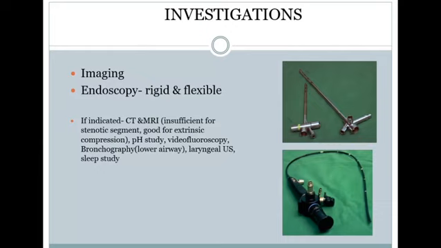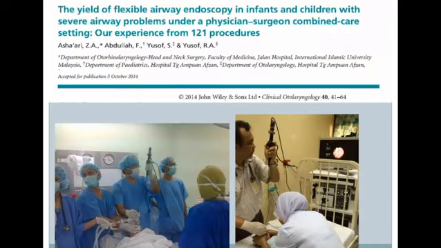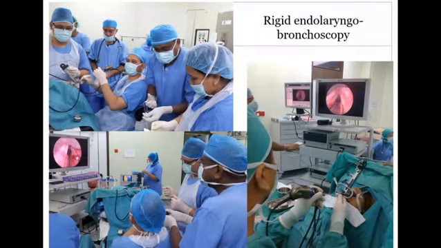Rigid scope, the top picture here, is the one you can only use in the OT under general anesthesia. It is superior if you want to do procedures to treat the patient. It's inferior for diagnostic purpose because you can only do it in the OT, but rigid scope allows you to